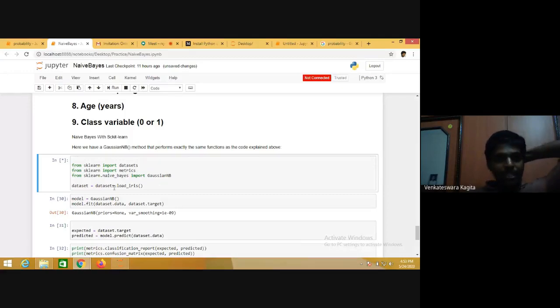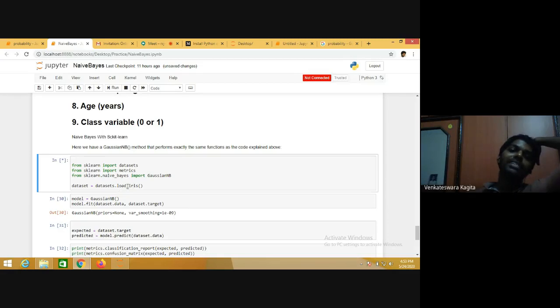Once you load the dataset, these are the existing benchmark datasets. You can directly call load_iris. It will load the iris dataset. The iris dataset is a flower dataset which has the information about 3 flowers, say for example, flower 1, flower 2, flower 3. Each flower is described with a certain number of attributes like petal length, petal width, and so on.